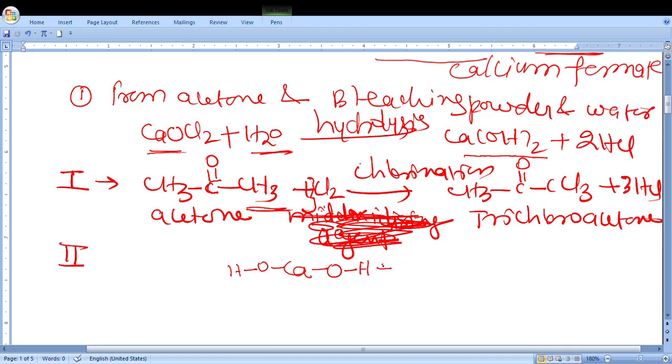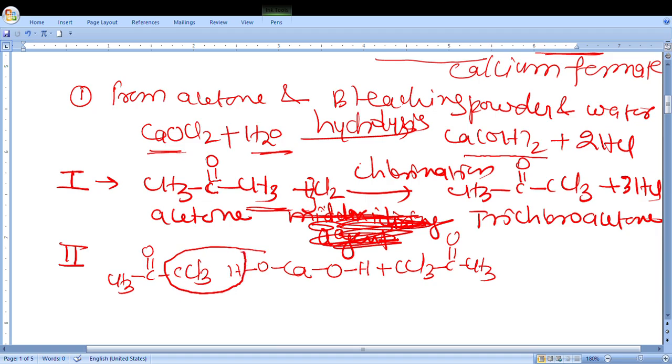Right side first will be written CCl3, then C double bond O, then CH3. Left side we will write CCl3 on the side of hydrogen. CCl3, C double bond O and CH3, to give rise to